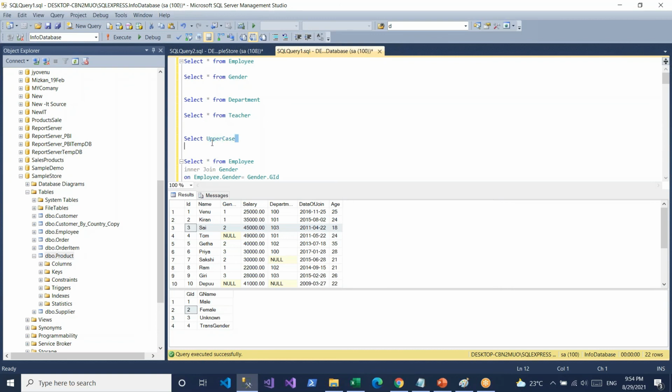No, actually, it's also maybe one method. So if you consider V as a capital in one place and V is not capital in another place, are you thinking these are two different records, or do you consider them the same record? So for example, in your case, Venu is in one place and venu is in another place. Are you thinking these two are the same or not the same?